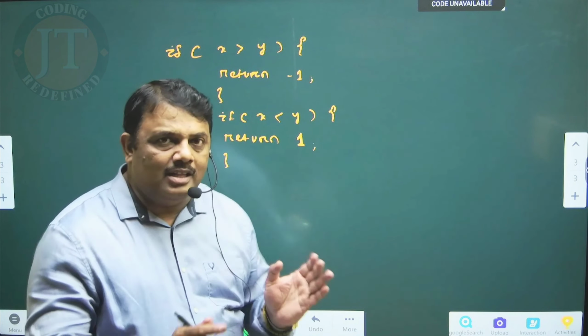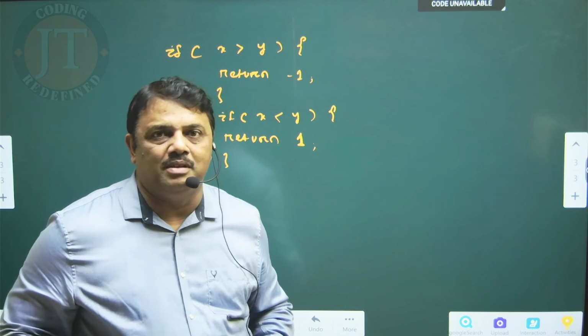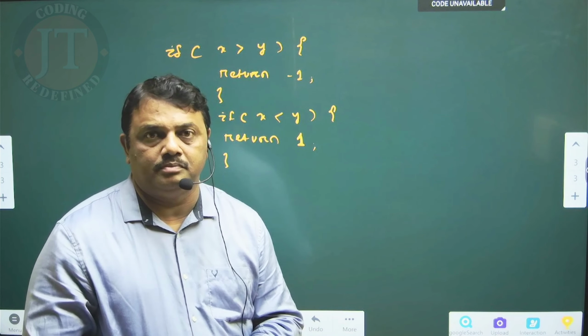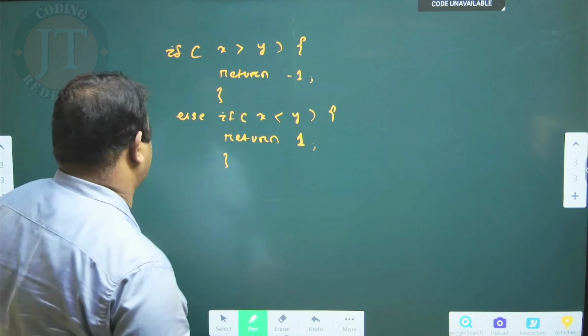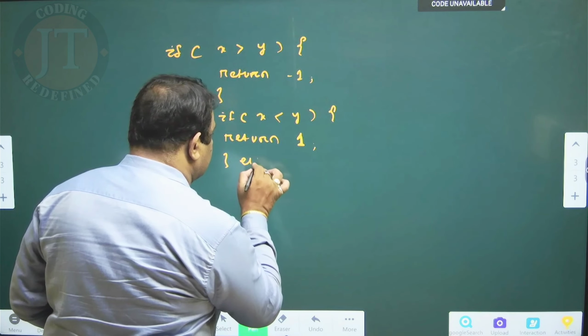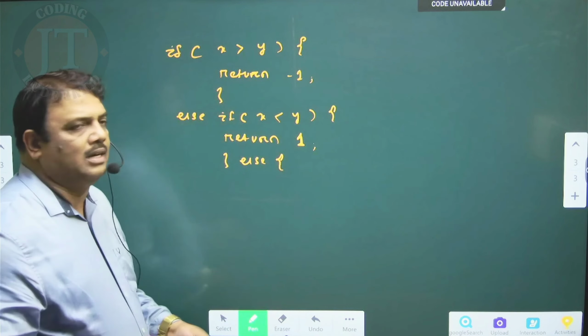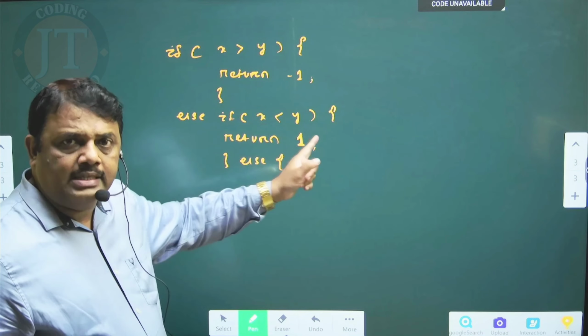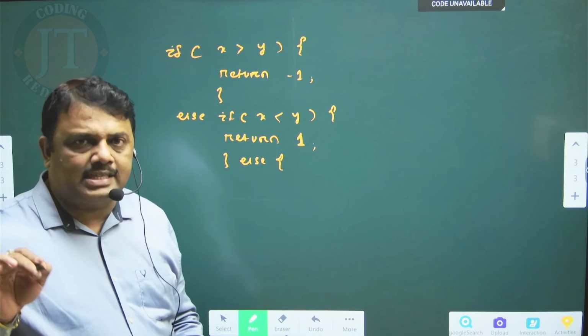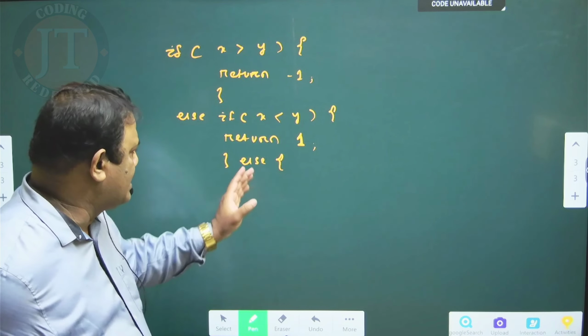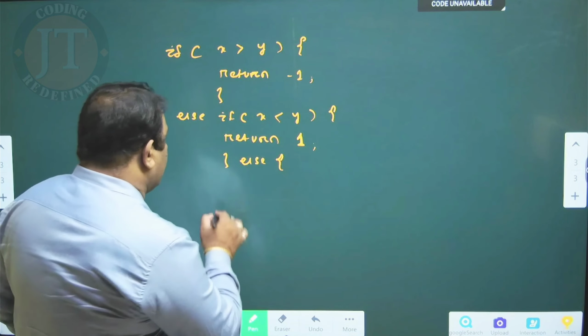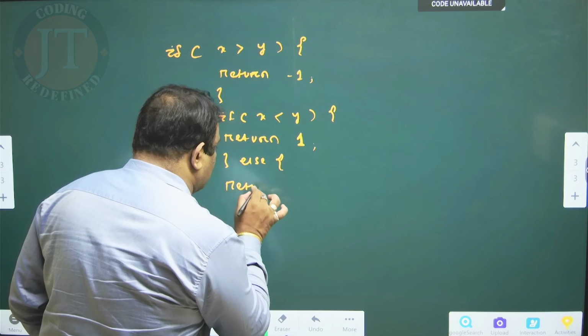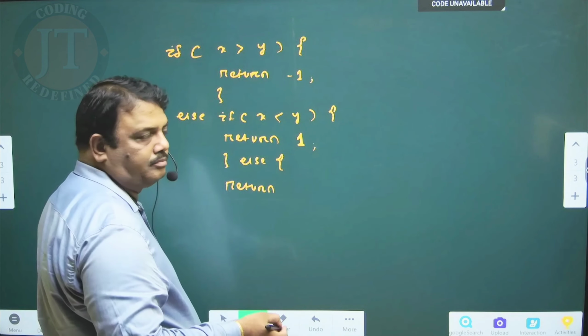Because another condition is, when the size is the same, then what can you do? Now I write else. Else means x is not greater than y and x is not less than y. The other case is x equals y. When x equals y, I return